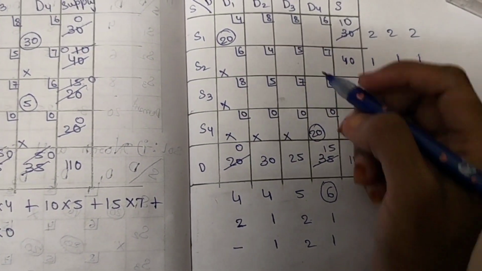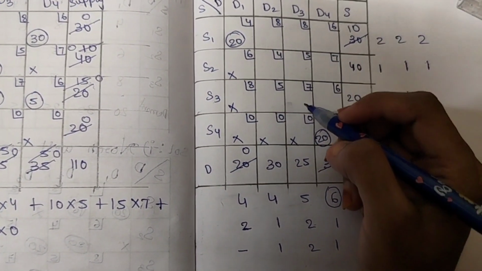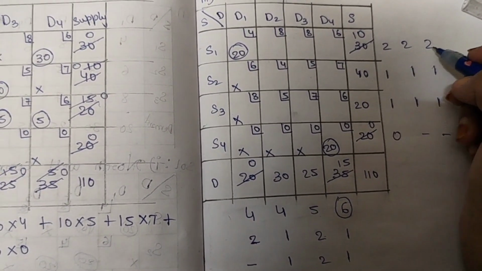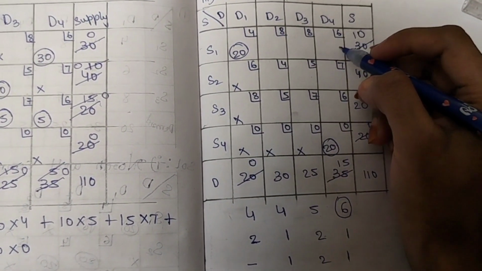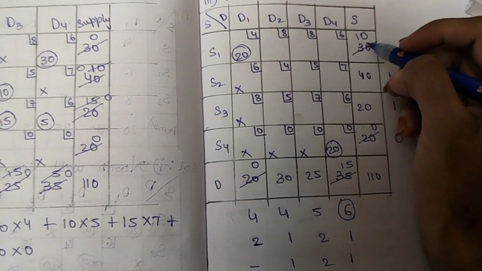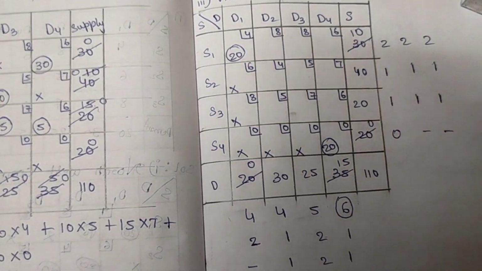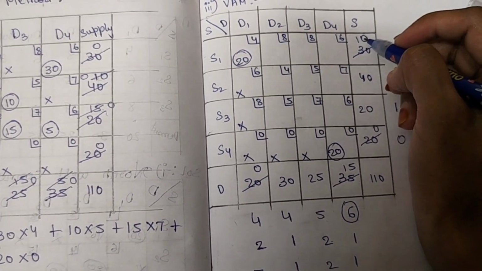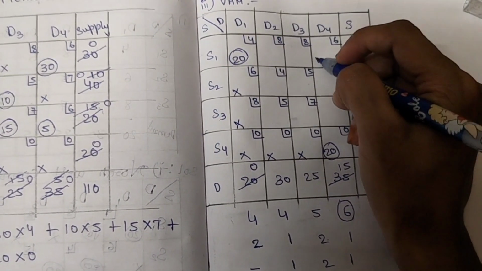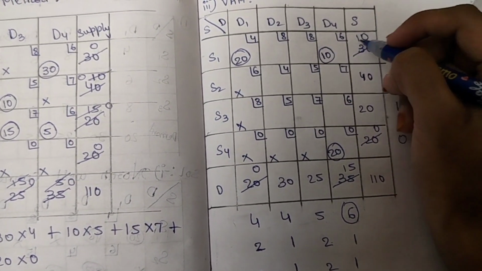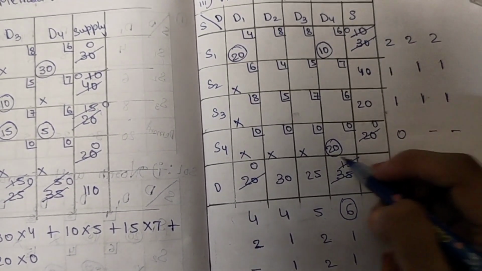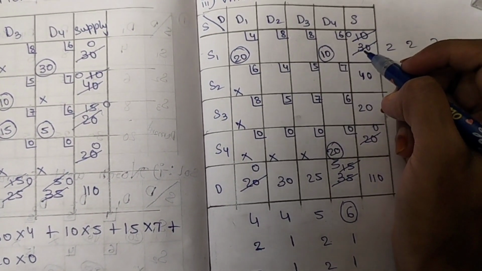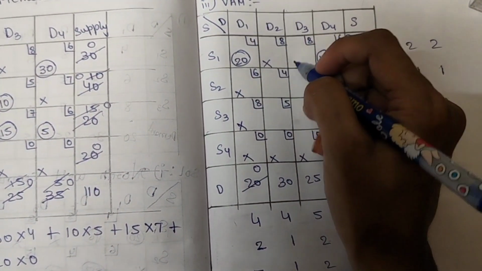So we will again check. In this column, if we allocate for 5, 25 and 40. In this row for 6, that is 15 and 10. So when we compare both, we can allocate for this cell as we can allocate the minimum, that is only 10. So we can take 10. 10 becomes 0, 15 becomes 5. As this row became 0, cross out the whole row.